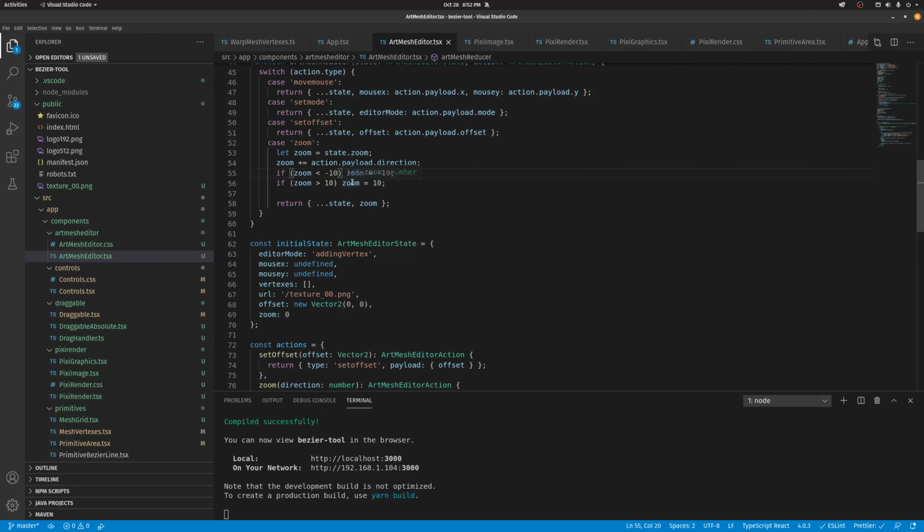I don't want -10 as my minimum, because that would zoom so far out that it would actually flip the image over and zoom back in. It would be weird. So I think I want the minimum to be 0.1. That's really tiny, and the maximum should be no greater than 10. And instead of doing action payload direction, let's do it in increments of 0.1. So I'll multiply it by that to make it scale to that. So now every time you scroll the mouse wheel, we'll either add 0.1 or subtract 0.1 from the zoom